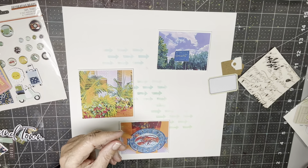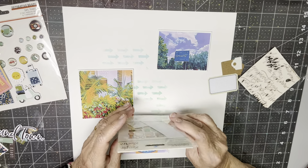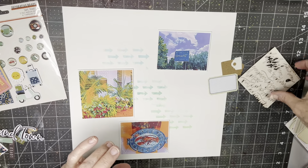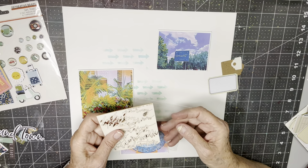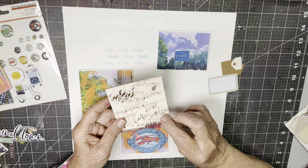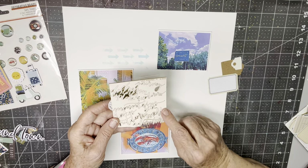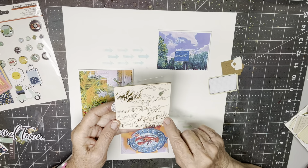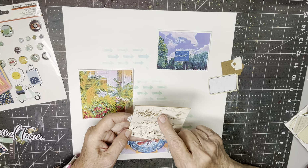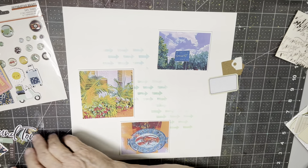That is not going to get used today. That's not the right color scheme. I have also from Mind the Scrap these journal bits from the Trail Mix collection of Simple Stories. Don't know if I'm going to use that. A long, long time ago, I won a prize, and this was the prize. It's like pressed wood, and it's got words like adventure and outdoor and sea and lakes and mountains and walk and explorers and explore, dream, discover, explore, journey. So I figured I might use those in my